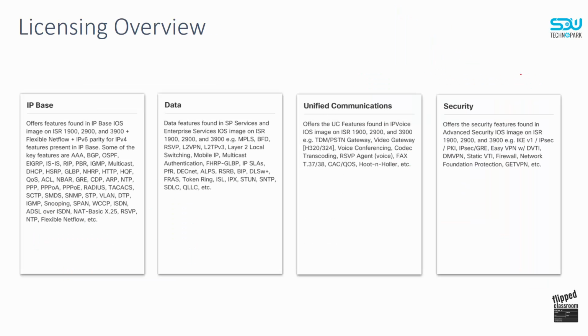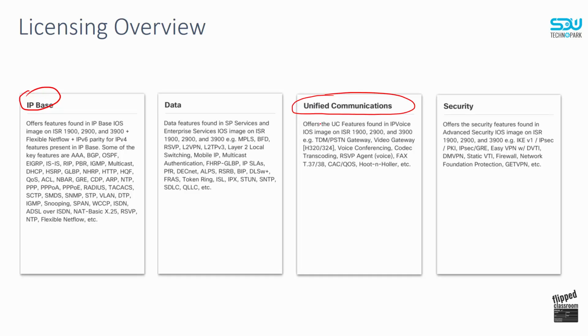Alright, licensing overview. By default, when you are getting the standard Cisco router, it is working with the operating system IP base, which can work with a lot of protocols, which can do a lot of jobs, but not so specific. So if you want to have the router which can work with the call manager, then you have to make the licensing to unified communications, which will support voice over IP, which will support the registration of the accounts